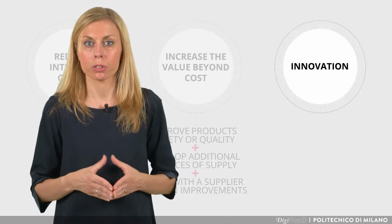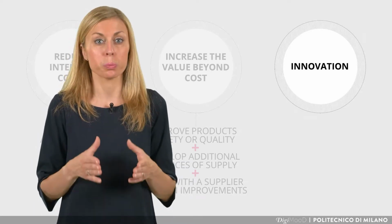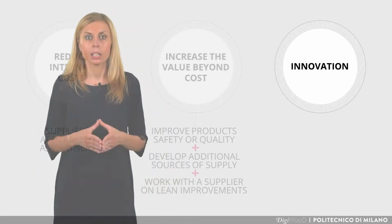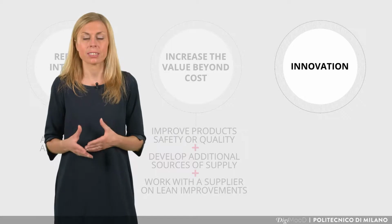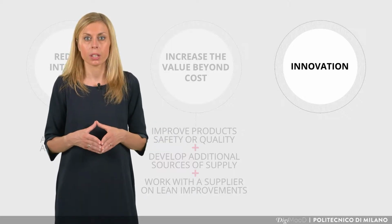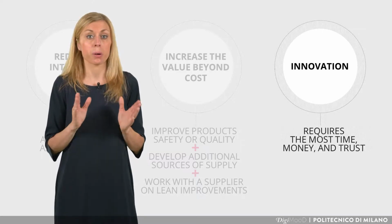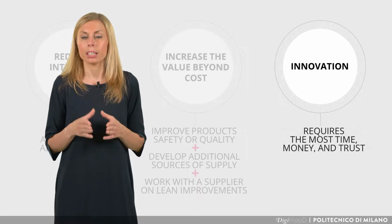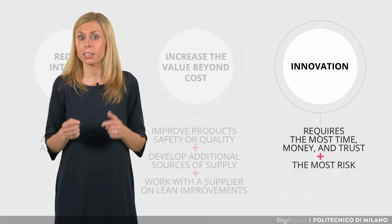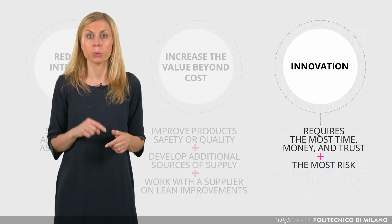Thirdly, for innovation. It is the practice of working with suppliers to improve the pace and quality of product or process innovation. It creates value in areas like design, speed to market, and consumer insights. This form of collaboration requires the most time, money, and trust. It also carries the most risk because of the experimental nature of developmental work and the need for more two-way